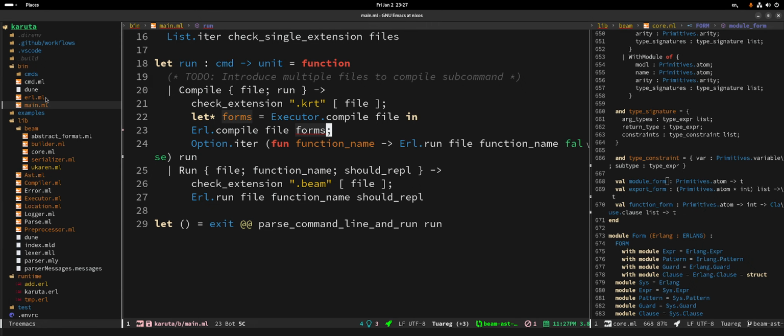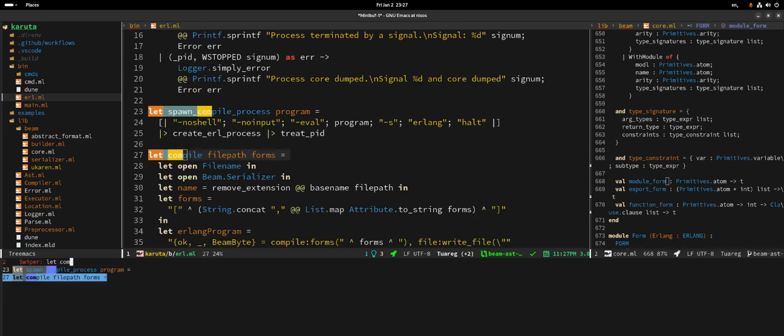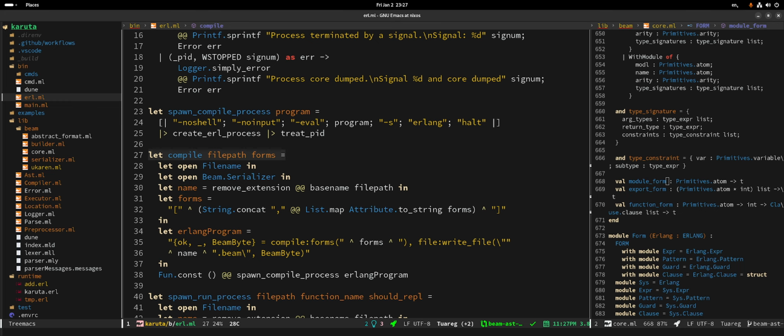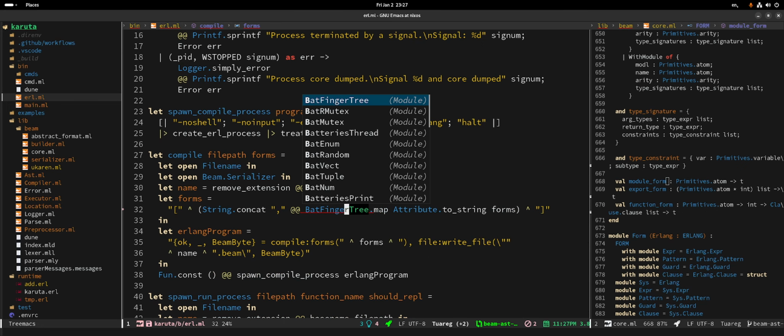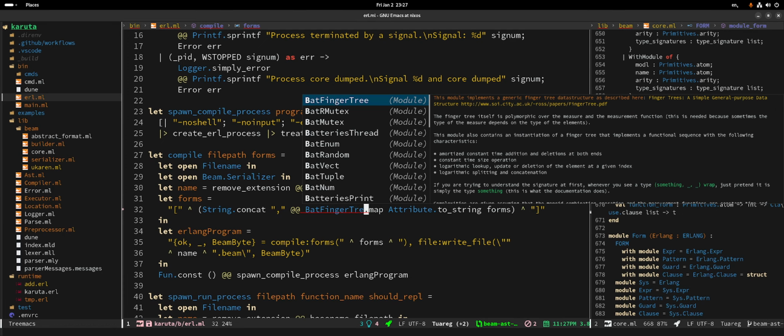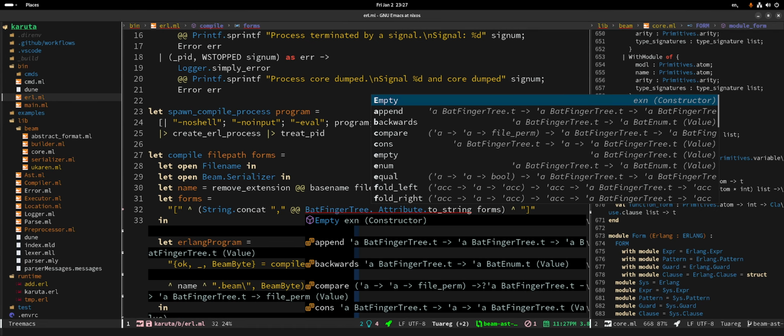Go into Earl.compile, please. I want to take a look at it real quick. Right there. We're just using map and then passing that to string concat. I think we can transform this to also use finger trees. Yeah, we can. It's just bet finger tree. Oh, there isn't a map. No, there is. The problem is that